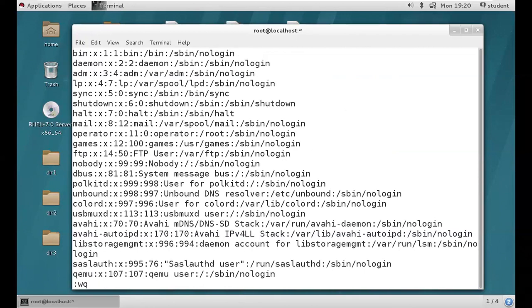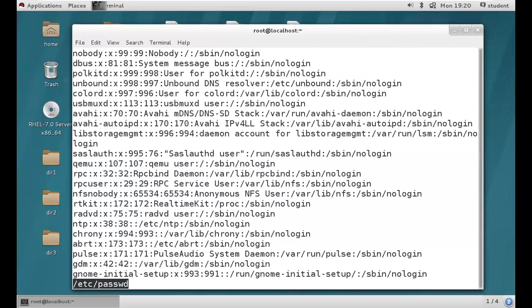Escape, colon WQ, and we are back to less. Got it, guys? D, next page. B, previous page. Slash to search the words from the file. V, to enter the VI editor from less. You can edit the file content according to your requirement. Save and quit, and we are back to less.